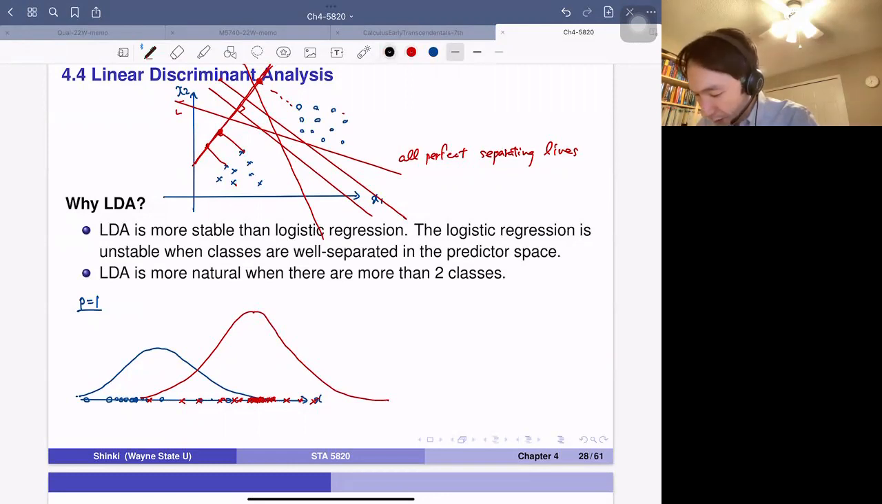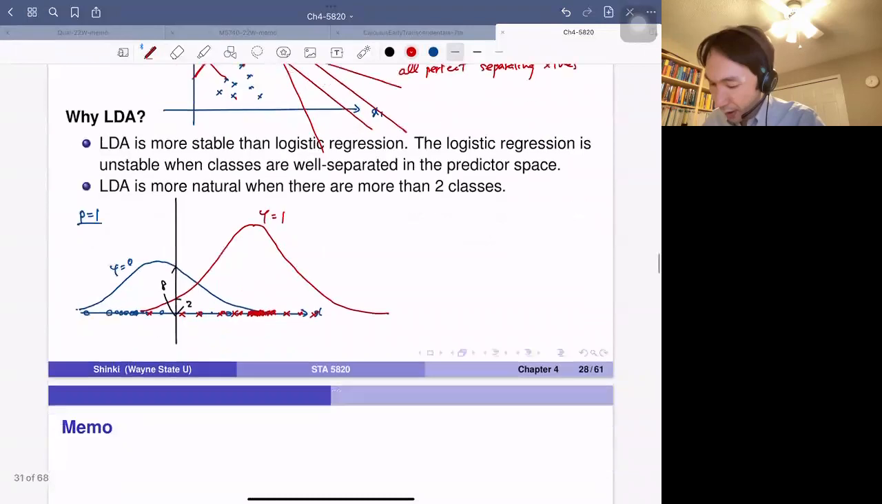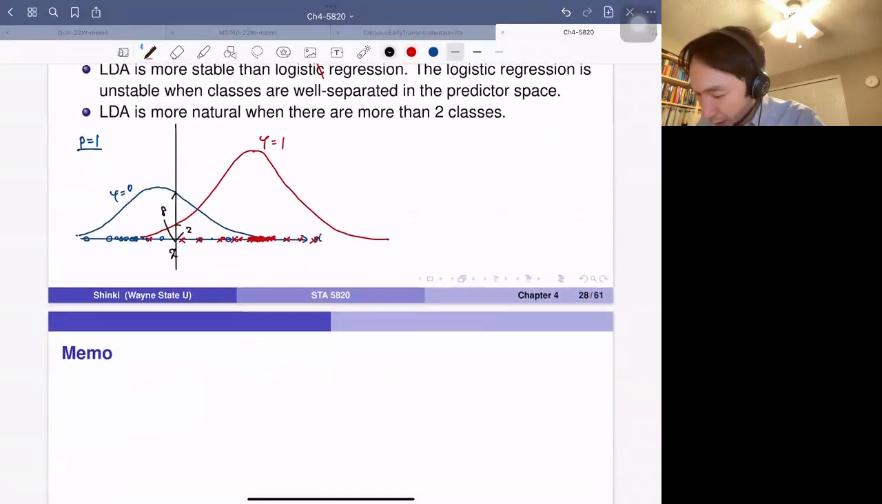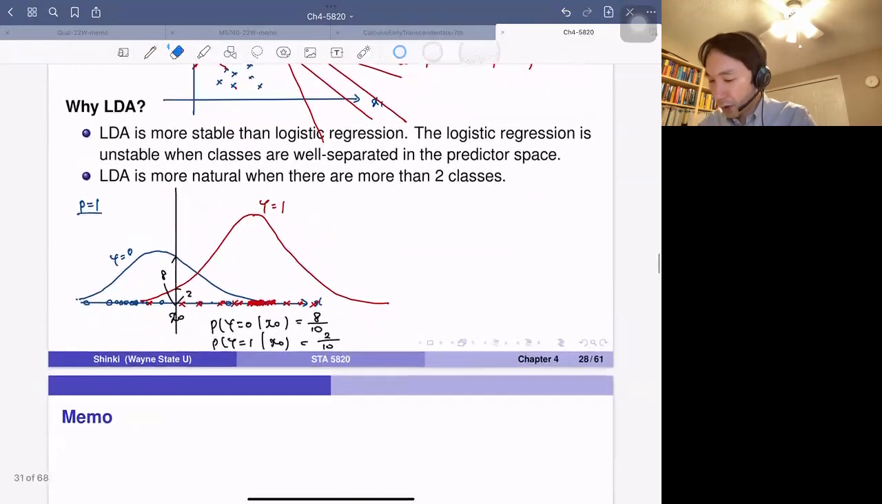For example, we cut off here. Suppose we have a new observation here. Then this height is, suppose, 2, and this height is, suppose, 8 or something. So this is y equal to 0, and this is y equal to 1. Then at this point, x naught, the probability of y equal to 0 given x naught is 8/10, so 80%. And the probability of y equal to 1 given x naught is 20%. Basically, we want to do this. And for the multivariate distribution,